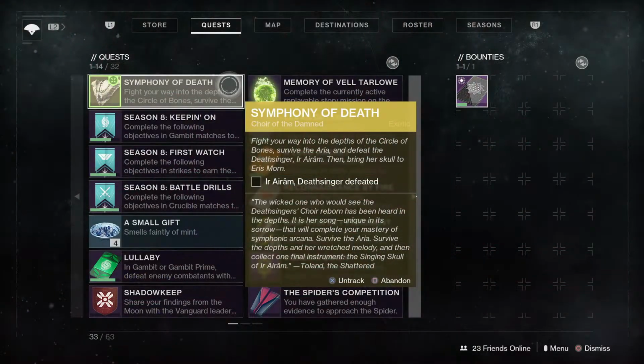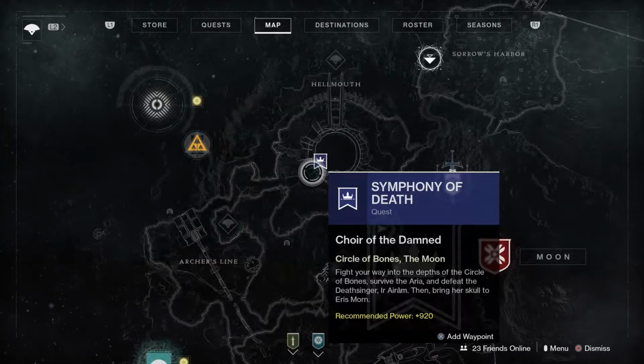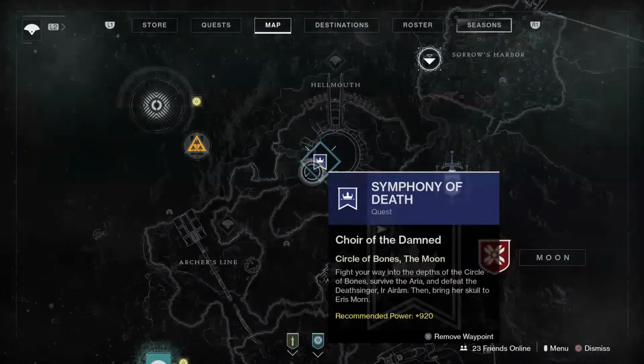And our next part is we actually need to go kill the Deathbringer. This mission is relatively easy. The only thing you have to worry about is the little countdown timer. What we're going to do, guys, is we're going to go back to the Circle of Bones, literally the same place we've been going, and load up the Symphony of Death,